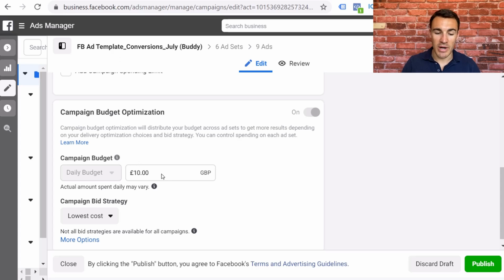So let's assume you started running a Facebook ad campaign, right? And you started with £10 a day, it could be $10, whatever currency you operate in. And let's assume that at that daily spend, the campaign is nicely profitable to you. And you think, okay, well, I have more capacity or I have more stock. I would like to scale this campaign and increase the number of clients and customers I'm generating by spending more